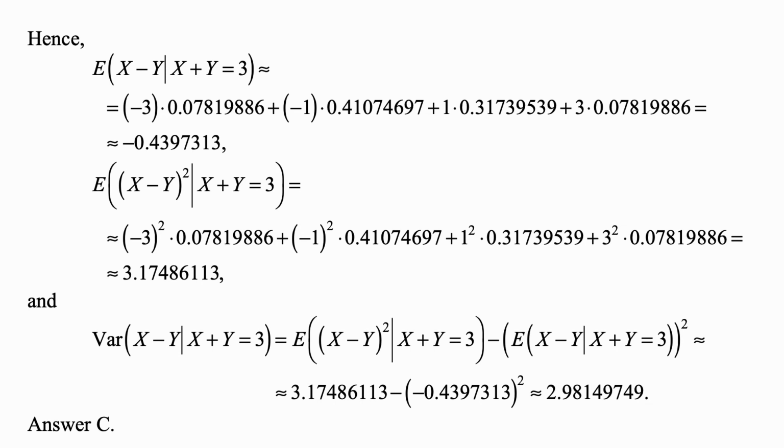And then this is just a discrete probability distribution for which we can calculate the mean, which will be -3 times its probability plus -1 times its probability plus 1 times its probability plus 3 times its probability, and this comes out to be about -0.439713. And then we can calculate the second moment, E of (X minus Y) squared, given that X plus Y is 3, and that's -3 squared times 0.193658878 plus -1 squared times 0.41074697 plus 1 squared times 0.31739539 plus 3 squared times 0.078198886, and it's approximately equal to